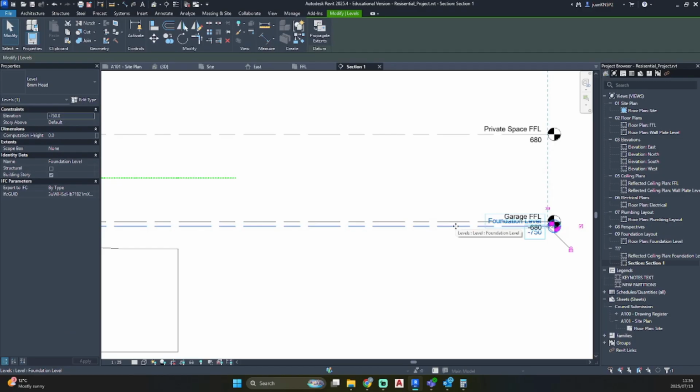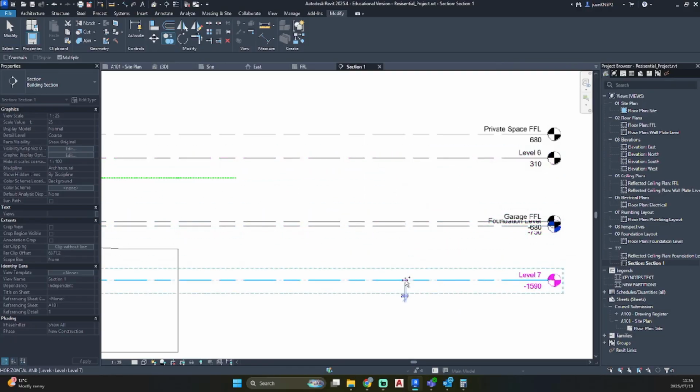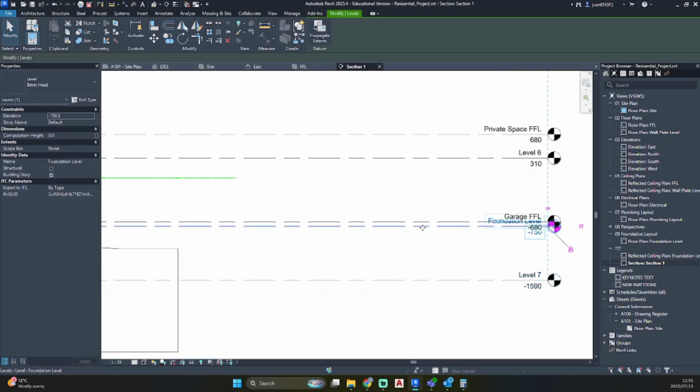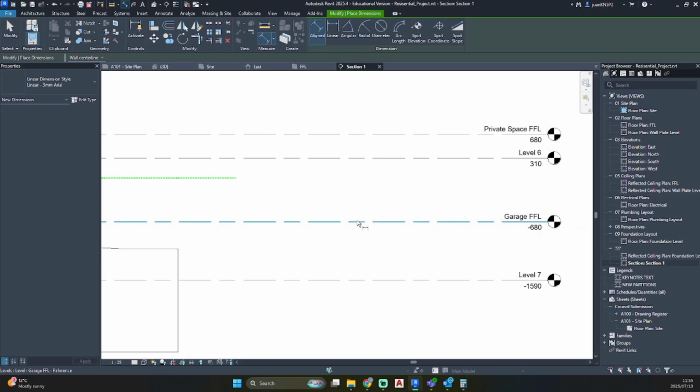So let's go foundation level, select that, go to your top ribbon under copy. I'm just going to move one up and one down. So now that we're done using our original foundation line, I'm going to click on it, hide in view, elements. So we know it's 750 millimeters from 0 to our foundation line.